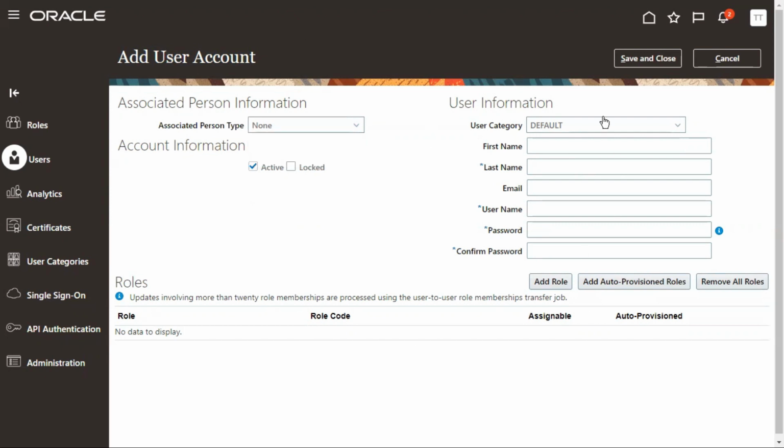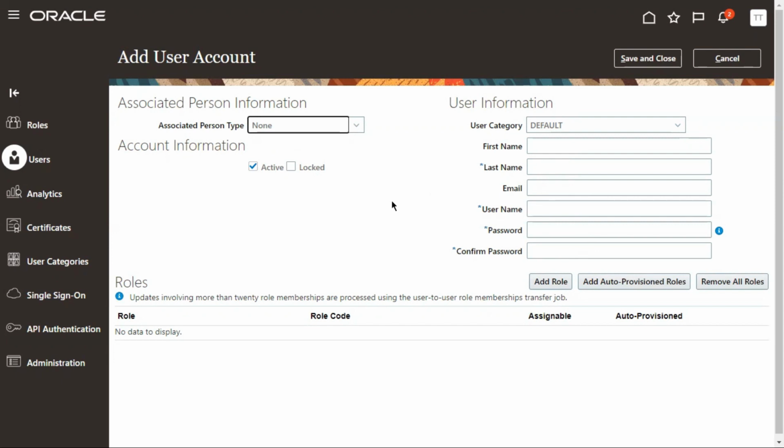So if you are creating just a user account in the system, means you are not linking this account to any employee in the system, any worker record. You are creating just an implementation user account, or an admin user account, or a technical account we can call, in order to perform several transactions in the system, or in order to submit several scheduled processes in the system. We require just a user account. I don't want to link this account to any employee. So in that case, person type, we can keep it as None, and we can proceed further with the user